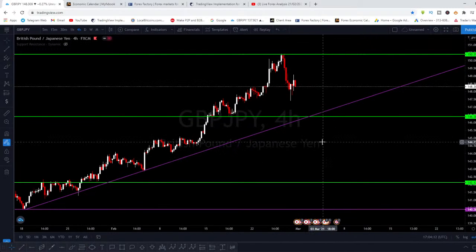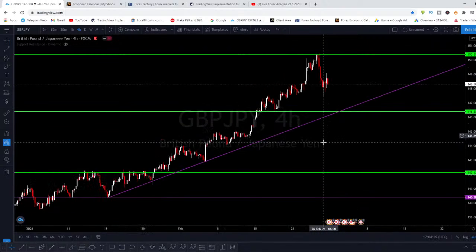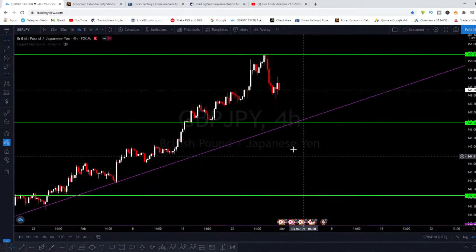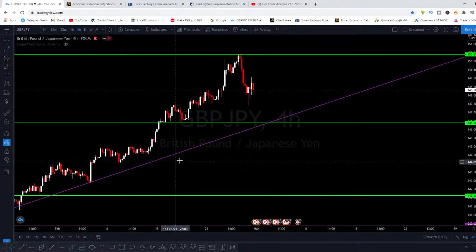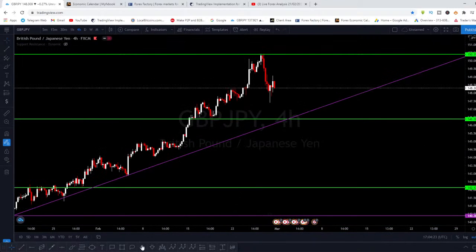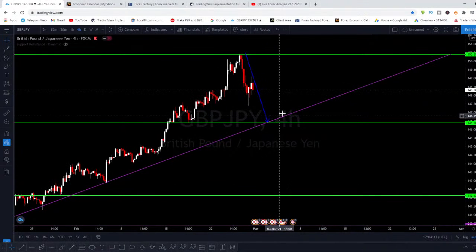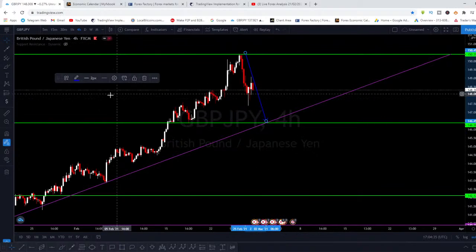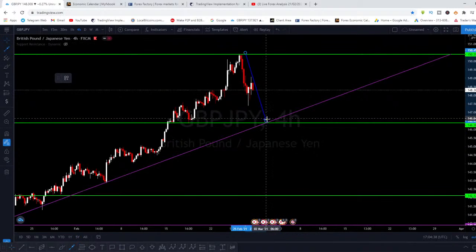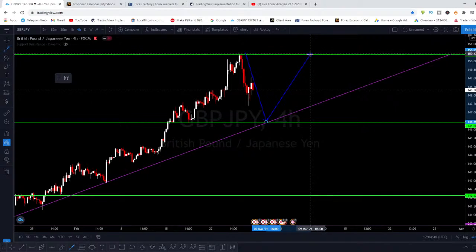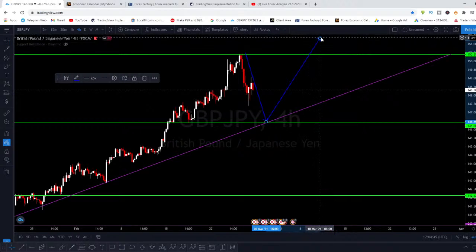Also remember how we started this analysis, guys. It is very important for you to take note of that. So right now, what I'm saying on this GBP JPY is that it will come down for the retracement. It will continue to come down to this level to retest this trend line before it picks up again to continue to move to the upside. Let me show you something. From here, boom, it continues to move to this point, and there is a possibility of the market breaking out of this and continuing to push back up to the upside, right?